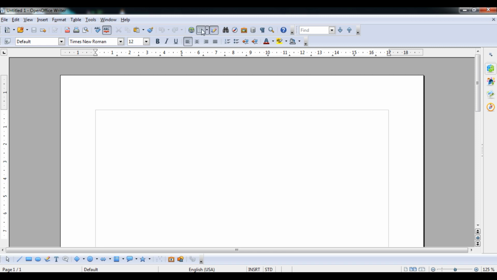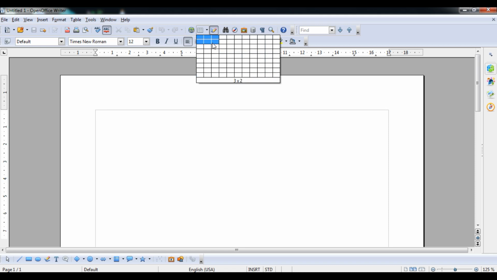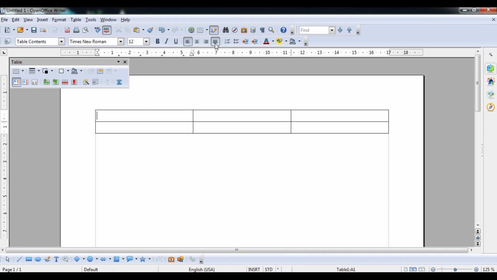So here you can see student, this type of icon, that is table. We just click on this arrow button and we can see the number of cells we can draw according to row into column. You can see 2 into 2, that is 2 rows and 2 columns. Here is 2 rows and 3 columns. According to this, we can increase the size of the table. Suppose I select this table that is 3 by 2. So I have selected it and inserted this. So this is the way how to insert the table by standard toolbar.